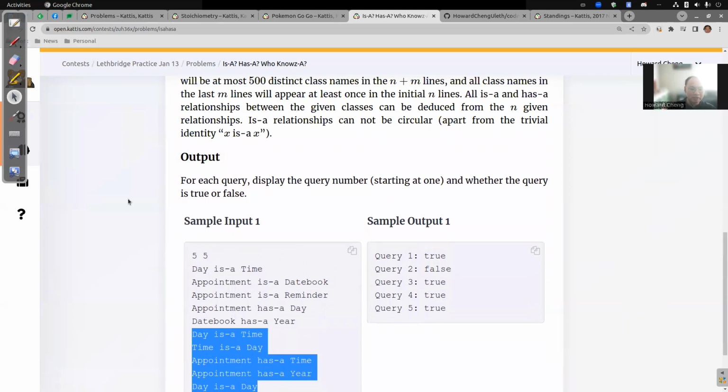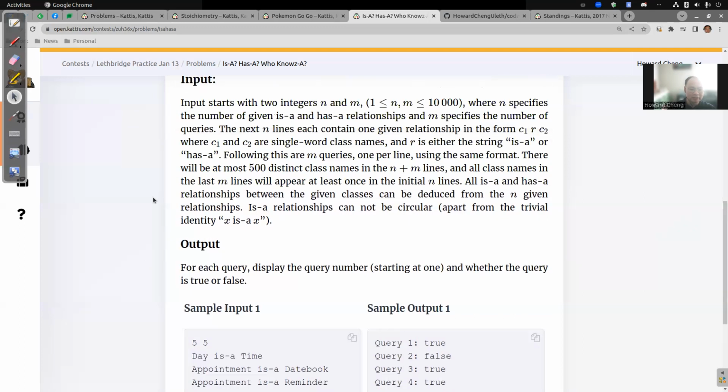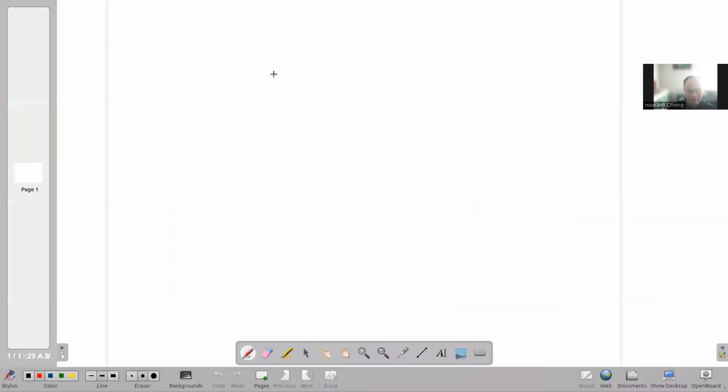So basically what you have to do then is to figure out all the is-a relationships. There are at most 10,000 of these things, and they tell you that there are at most 500 distinct class names. So 500 is pretty small. Basically anything in the order of hundreds means that you can use an n-cubed algorithm, right? So why n-cubed? Because of a very